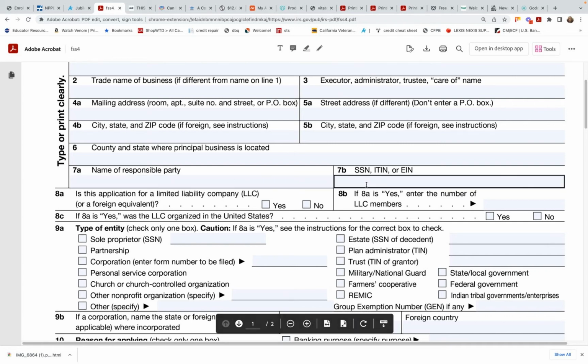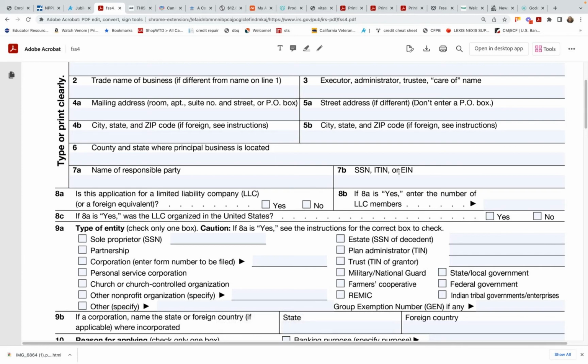If they're a citizen, you would put their SSN. If they're a non-citizen, you would use their ITIN, and you would use their EIN if they are a business entity. Now, I know y'all are probably thinking, I thought you had to be a person. You do not. And the reason why is because some people can have, let's just say,